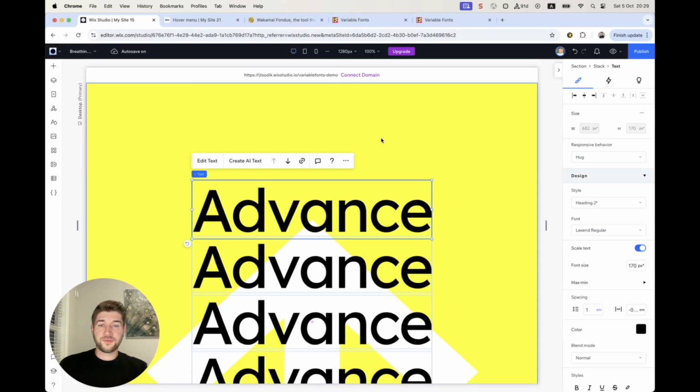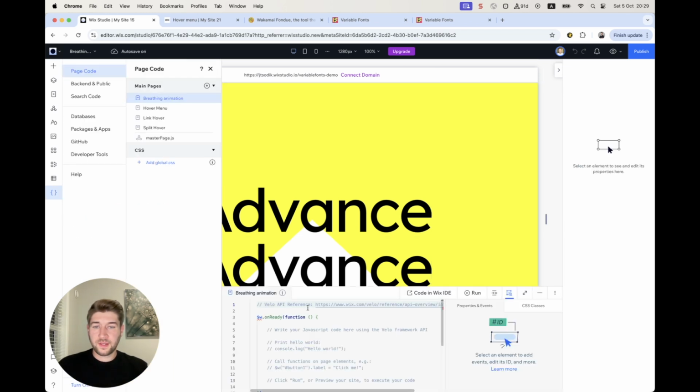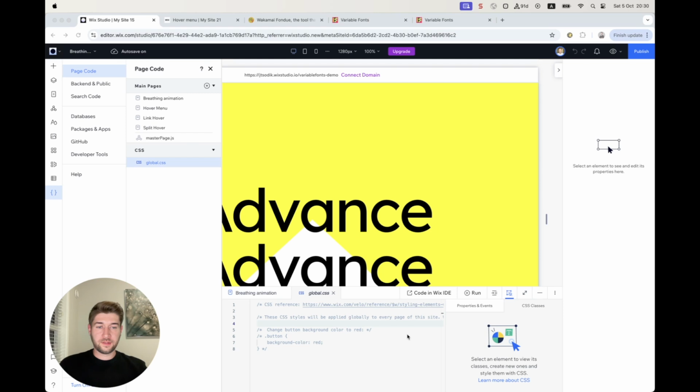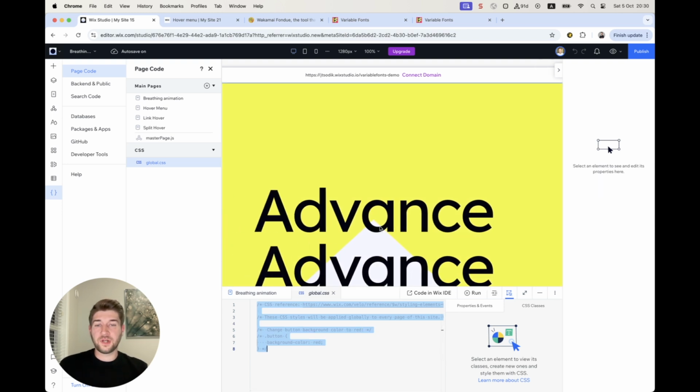So once you upload your font, we can now open the dev mode. Right over here, start coding. And we will need to switch to CSS. So we'll open the global CSS file. And this is the file that we're going to be using, the global CSS. Now we need to start writing the CSS to apply the variable font or to adjust the axis of our